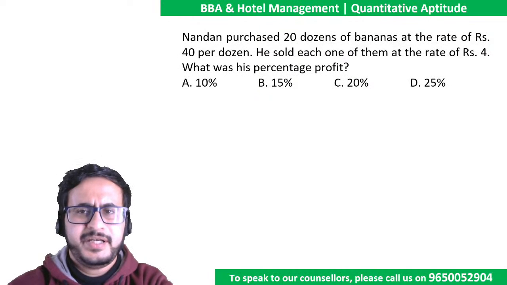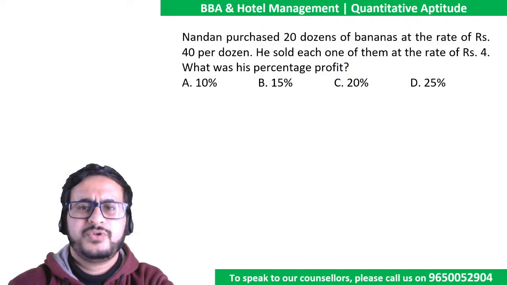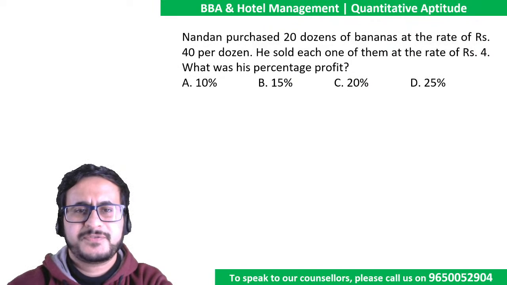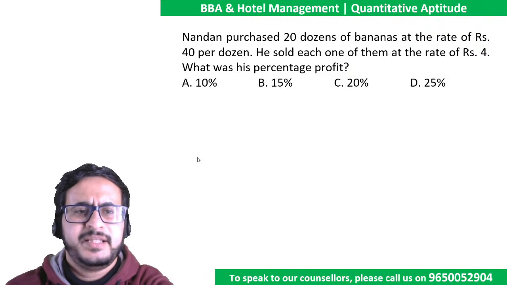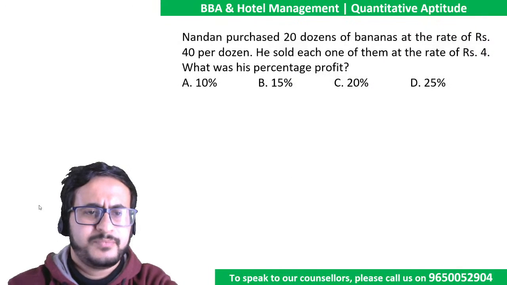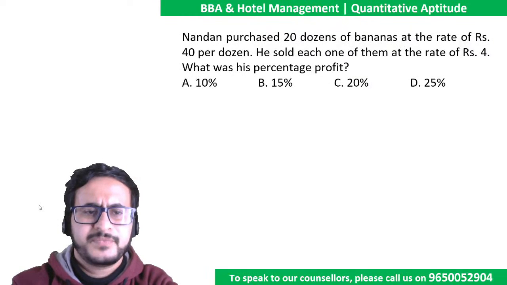Nandan purchased 20 dozens of bananas at the rate of rupees 40 per dozen. He sold each one of them at the rate of rupees 4. What was his percentage profit? Okay, so we are talking about a person who purchased certain bananas and then sold them at certain profit. So you have to tell what was his